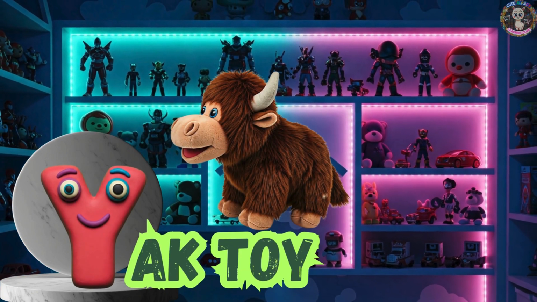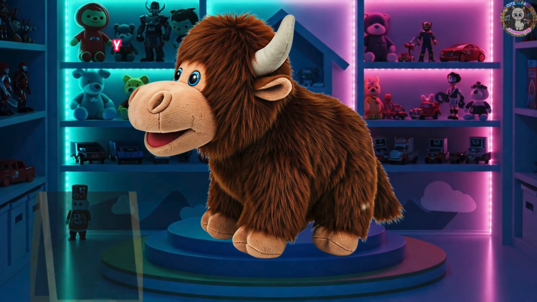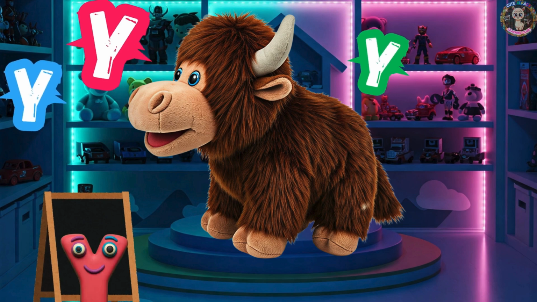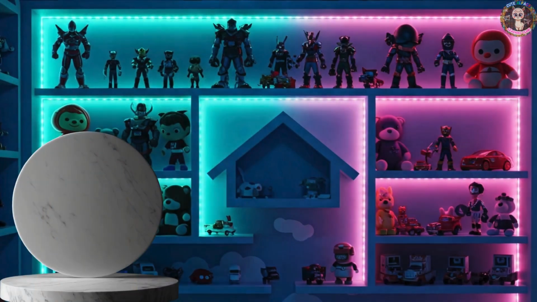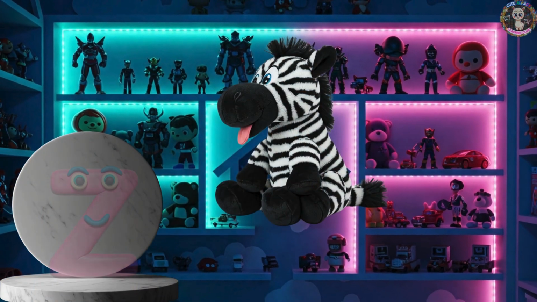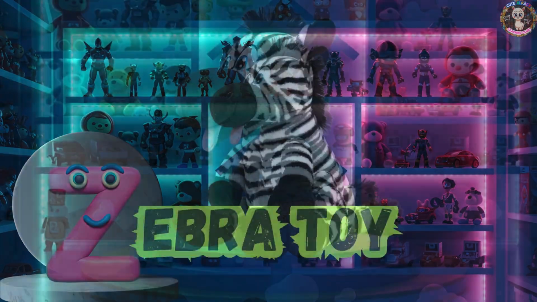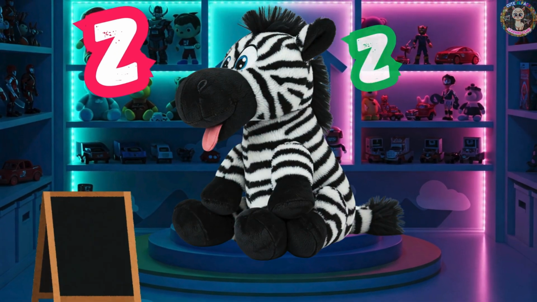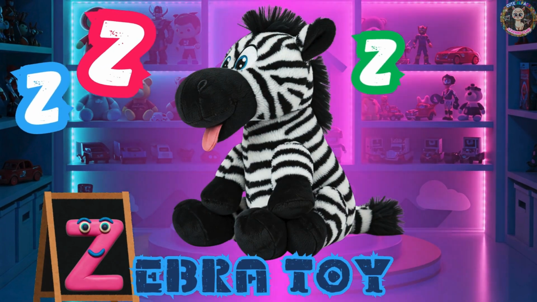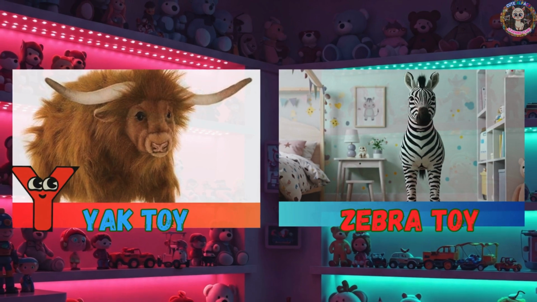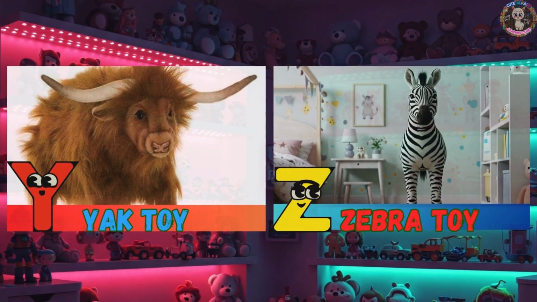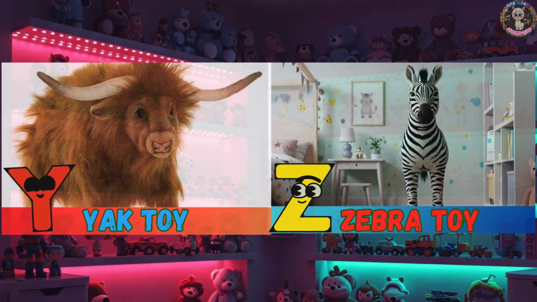Y is for yak toy. Yak toy. Z is for zebra toy. Zebra toy. Y, yak toy. Z, zebra toy. Hooray! ABC. All these toys